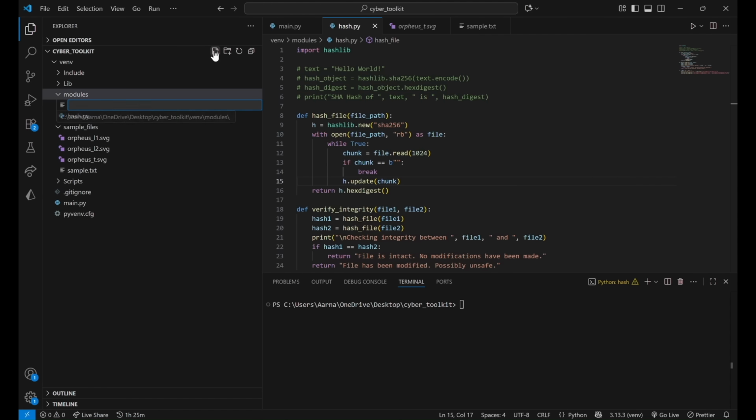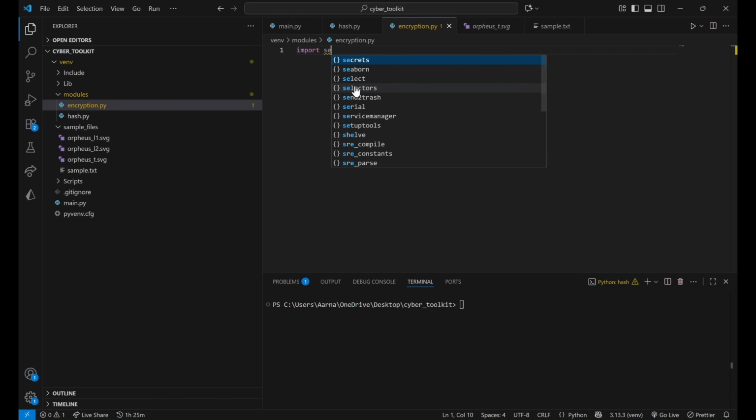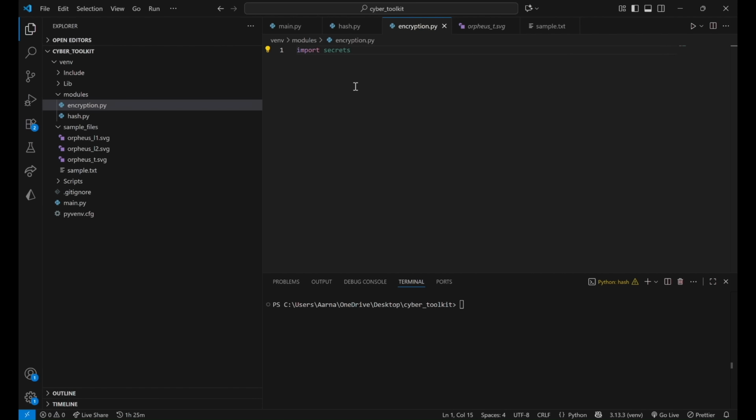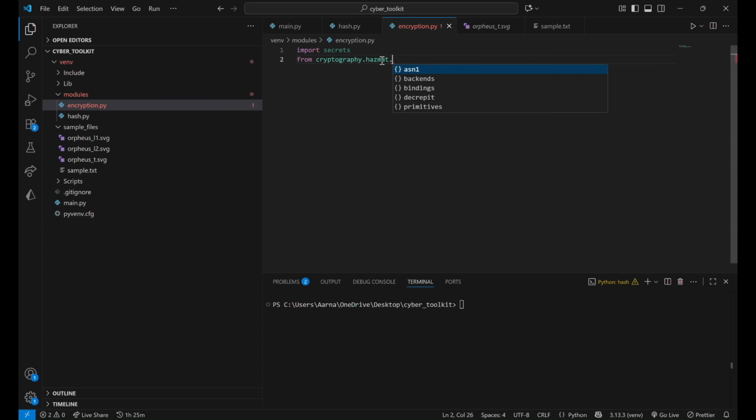Inside your modules folder, make another file called encryption.py. We're going to import everything we need. So first is secrets. This is similar to the random library, but it's a little bit more secure. Then we're going to import what we need for symmetric encryption. So from the cryptography module,